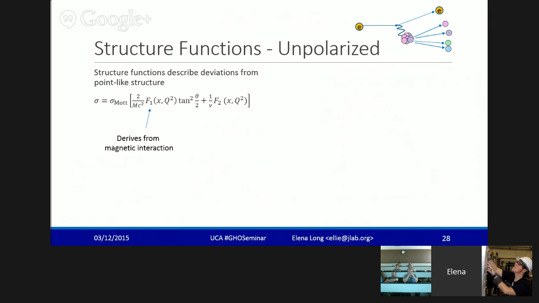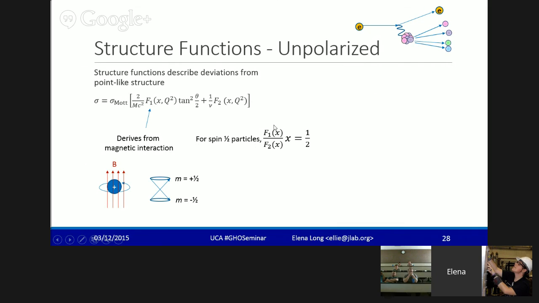But that only tells us about what these things are, not what they're doing or any other properties about them. So this F1 gives us some terms about their magnetic interaction, which tells us about the spin. If you have a particle spinning around, it's going to create a magnetic field. And if we do this in quantum mechanics, the only difference is it can only exist in certain states, these plus and minus states. And the definition for F1, if you have a spin half particle, is that if you